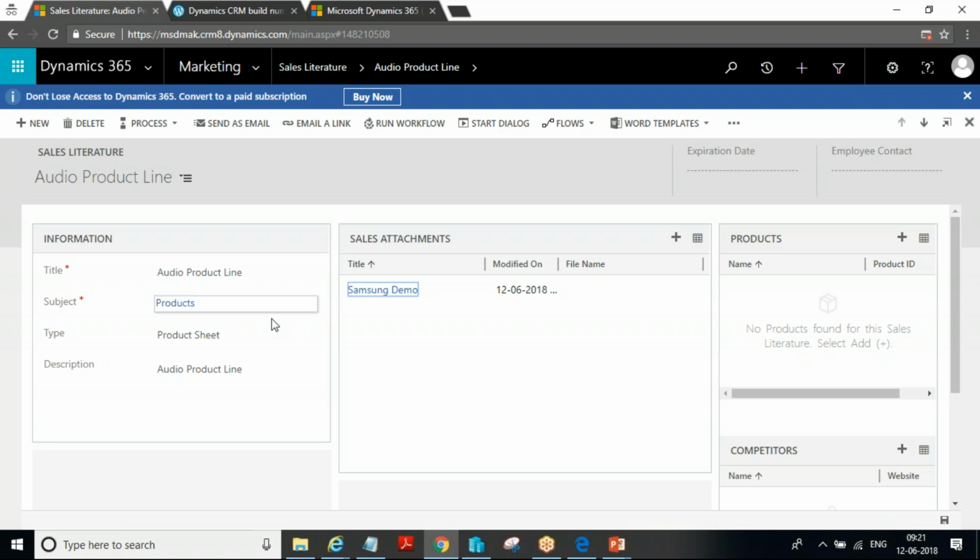Will the SharePoint integration be easier with the CRM? Yes, there is an out-of-box integration. You just need to do a configuration. On top of that, if you want to do some enhancement, you can do the enhancement also.